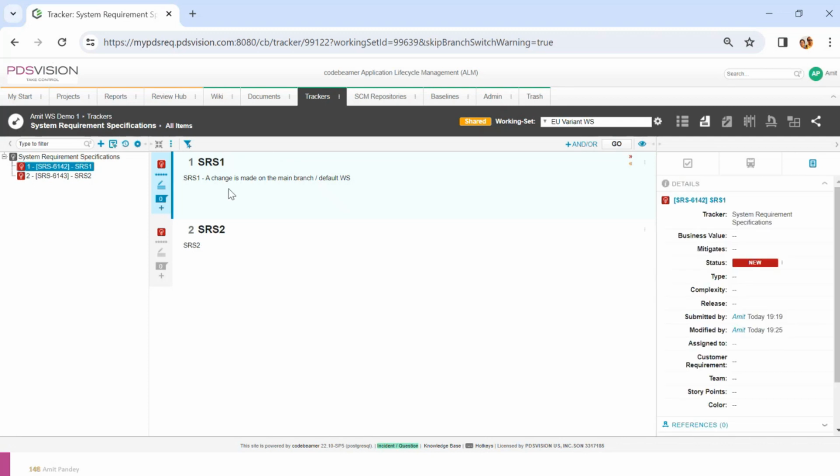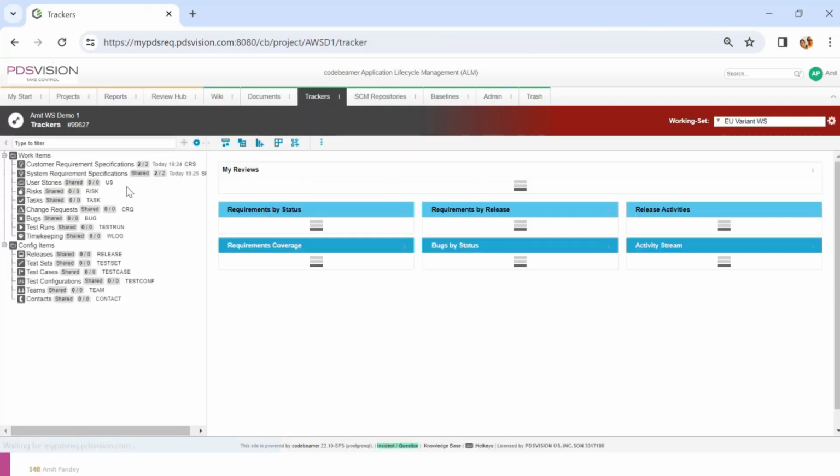It's the same one instance only. It is just shared between both the branches, the master and the EU variant. Therefore, it just gets reflected. Okay. The other thing I wanted to highlight is this, that if I make any changes on the variant branch,